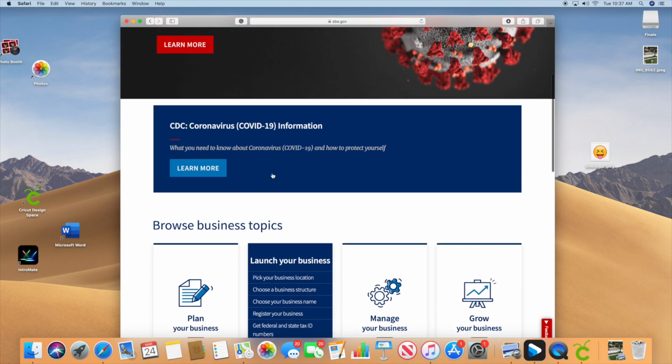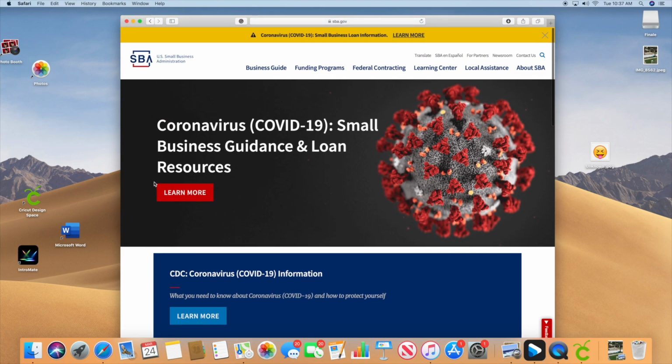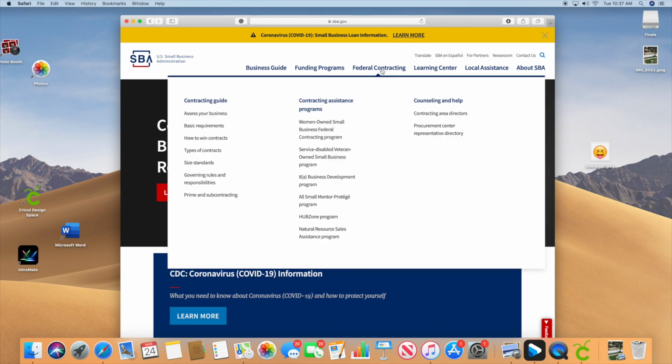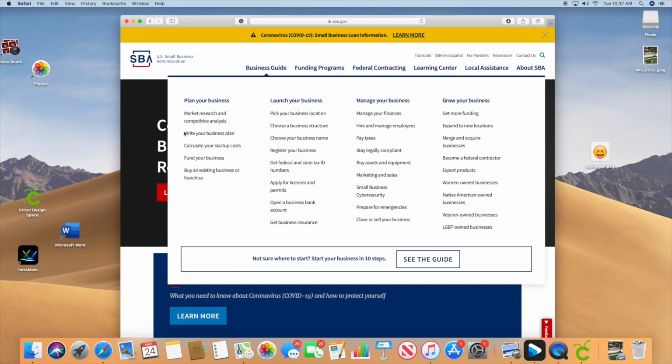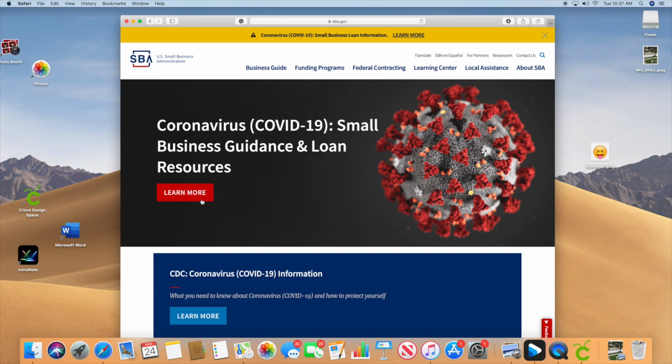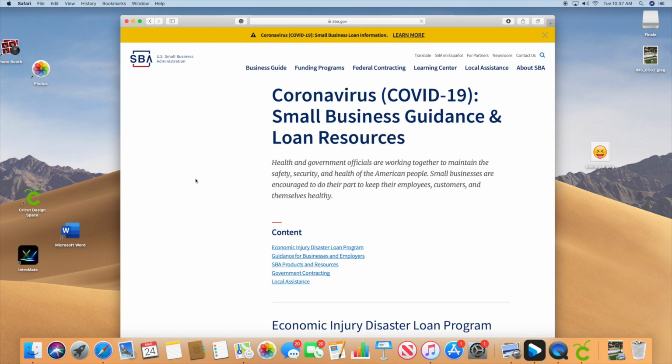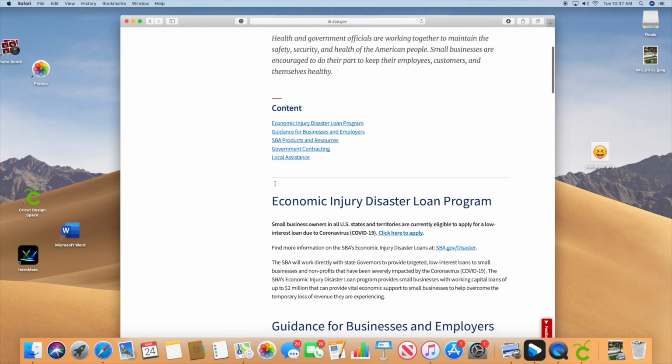All right, so let's just jump into it. Right now, we are dealing with the coronavirus. This is the loan that we're dealing with. Had it been a tornado or a hurricane or whatever, it would probably be right here as well. So you don't have to worry about going through these trying to find out what you're looking for. Because if you're looking for a regular SBA loan, non-disaster related, this is not the way you do it. It's a different way.